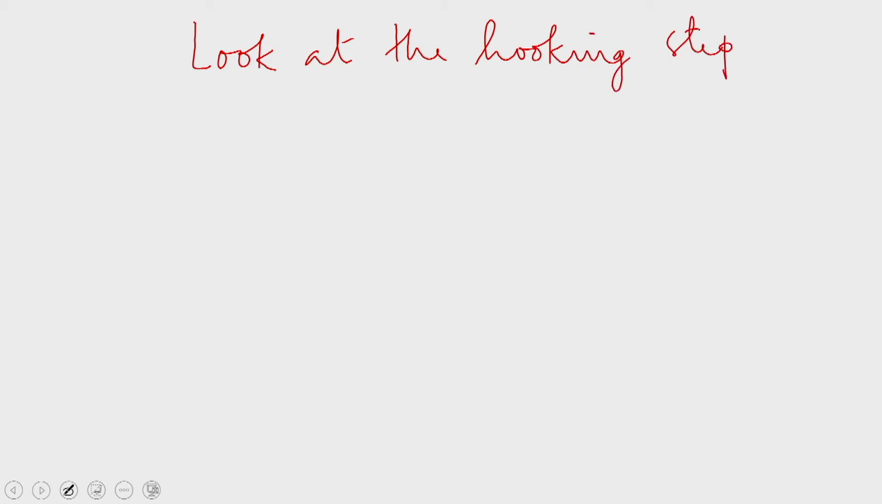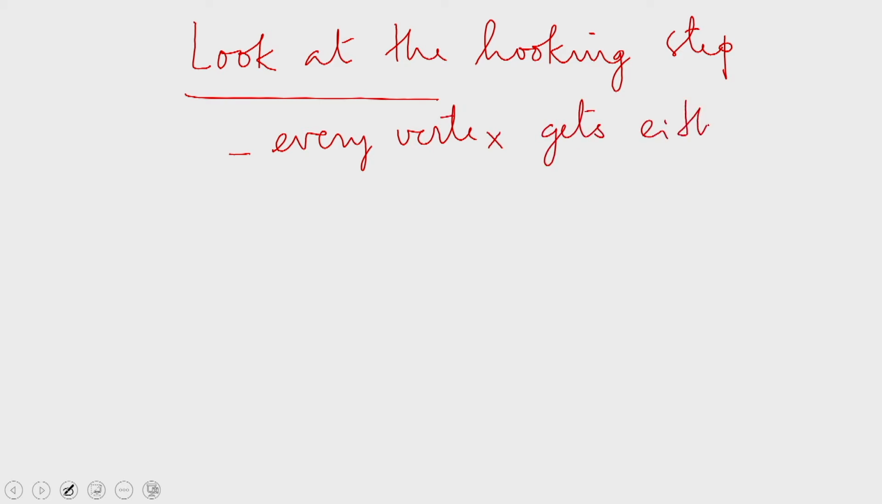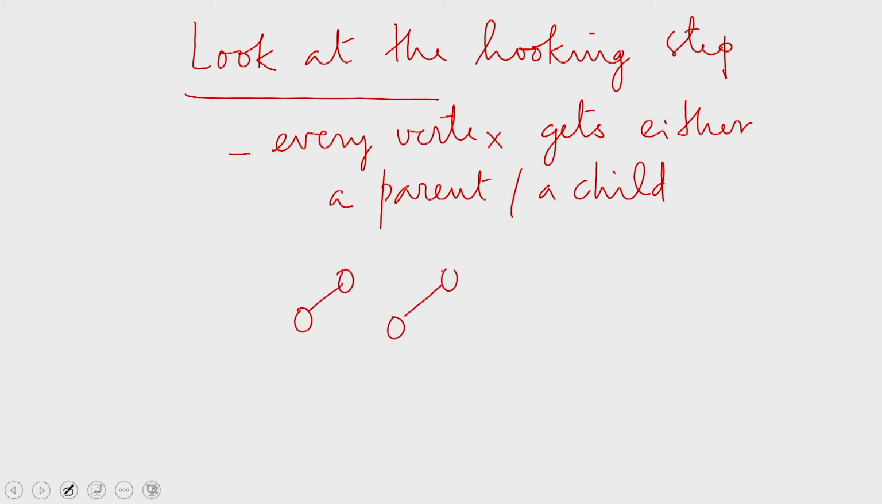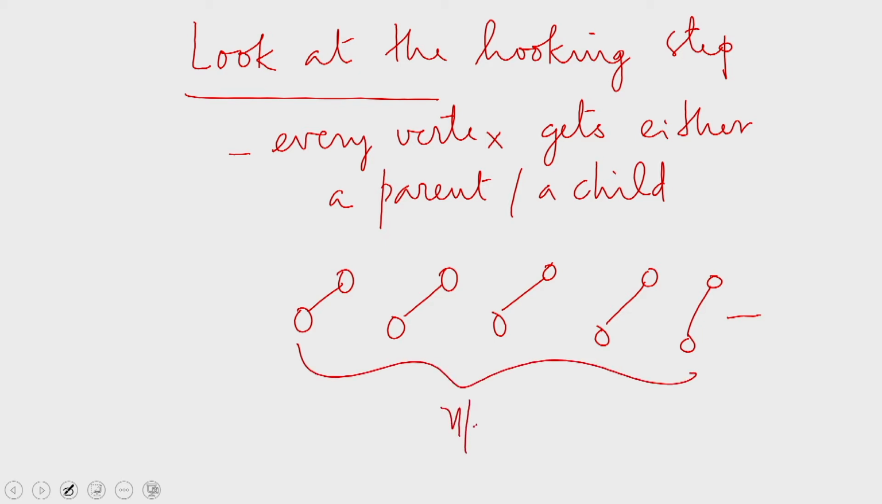In the original graph, we ensure that every vertex gets either a parent or a child. Many of them, of course, will get both. Therefore, what we ensure is that every tree that forms has at least two vertices. This is the worst that can happen, vertices pairing off. If this is the case when we have n by 2 super vertices,